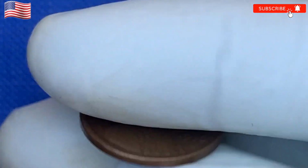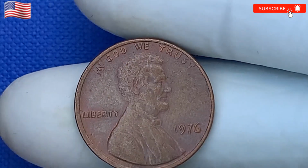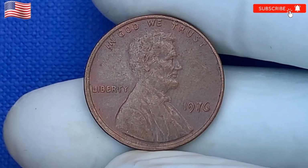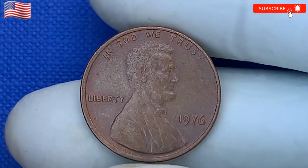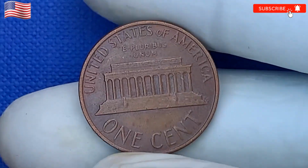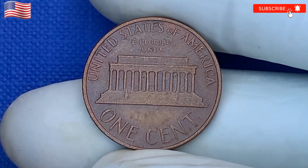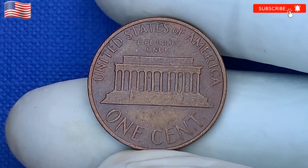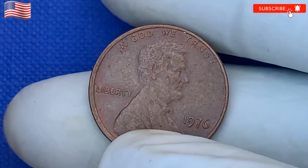If it looks well preserved with no major scratches or signs of wear, it could be worth far more than its face value. If you think you have a rare 1976 penny, the best next step is to have it professionally graded. A professional grading service can assess the condition of the coin and give it a grade, which will help determine its true market value. Coins with a higher grade generally sell for more money, so having your coin graded can make a significant difference